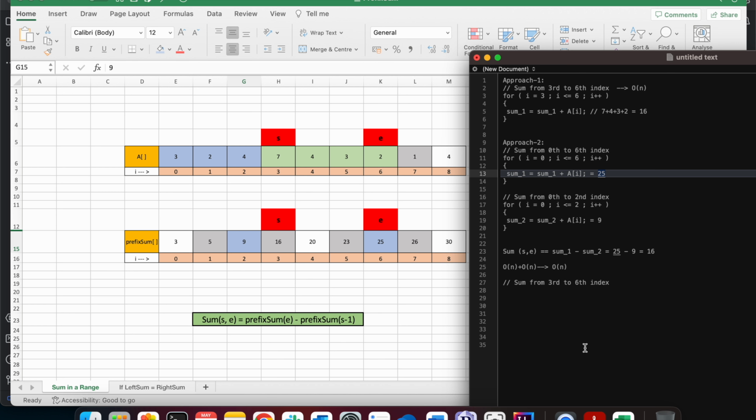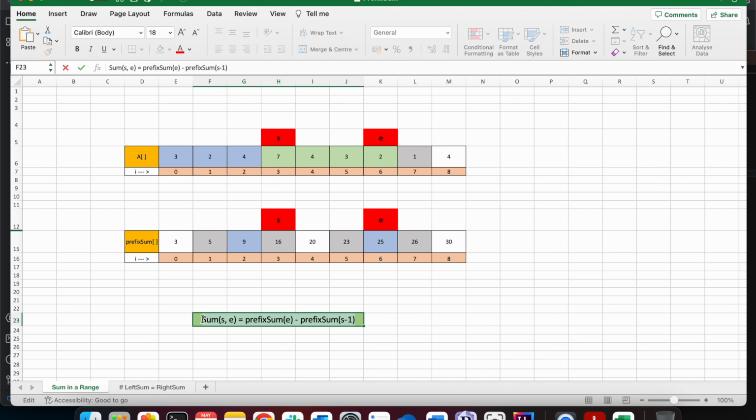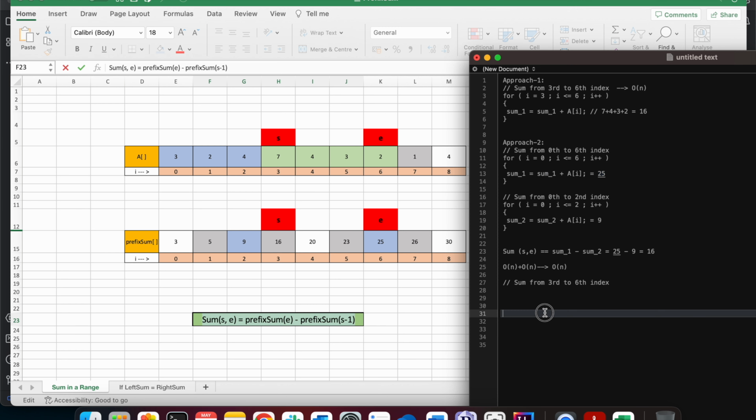What we can do is, if you need to find the sum from the start index to the end index, we can simply subtract the prefix sum present at the 6th index minus the prefix sum present at the second index, that is prefix sum e. Let me just copy this. So what can we do in the prefix sum array is, to calculate the sum, we can simply